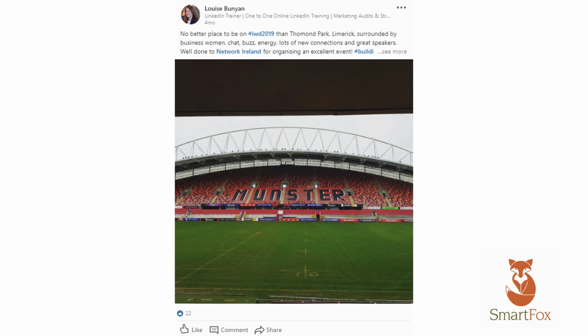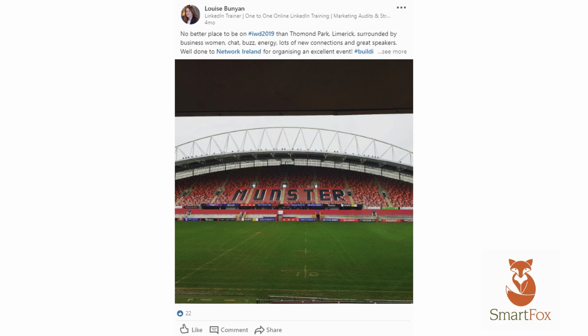You can't get much more impressive than this. It's Thomond Park Stadium in Limerick again. A bit of context behind this picture: it was the International Women's Day celebrations in the beautiful corporate place within Thomond Park. I was really lucky to be there. Amazing event, beautiful view of the stand across the way, quite an iconic place, quite an iconic stand. So I knew it would make a really good picture.